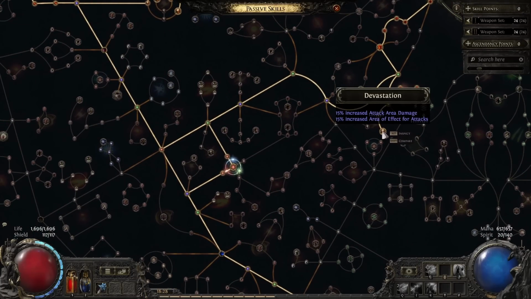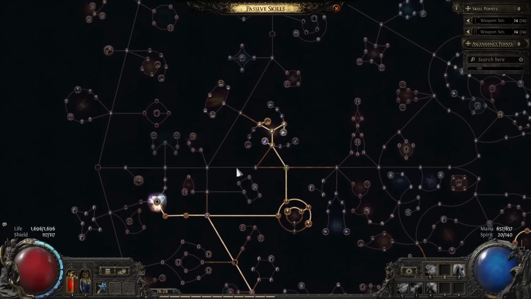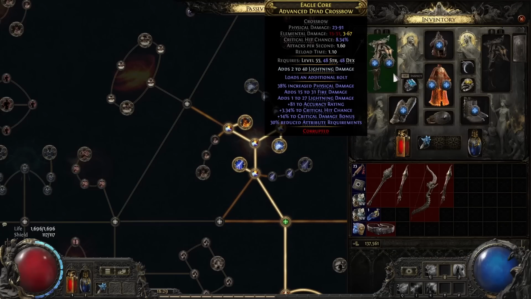But yeah, we've got some area effect here, area attack damage, more of that stuff here, and here's some resistance and max res. And this node here is really strong because we're dealing all 3 elements. We're dealing cold damage mostly with the frost wall, which is all physical converted to cold. We've got a little bit of flat added cold, but it's mostly from the conversion. And then we've got lightning on our crossbow. And we've also got the fire, of course, coming from some flat there, but mostly from the conversion on the